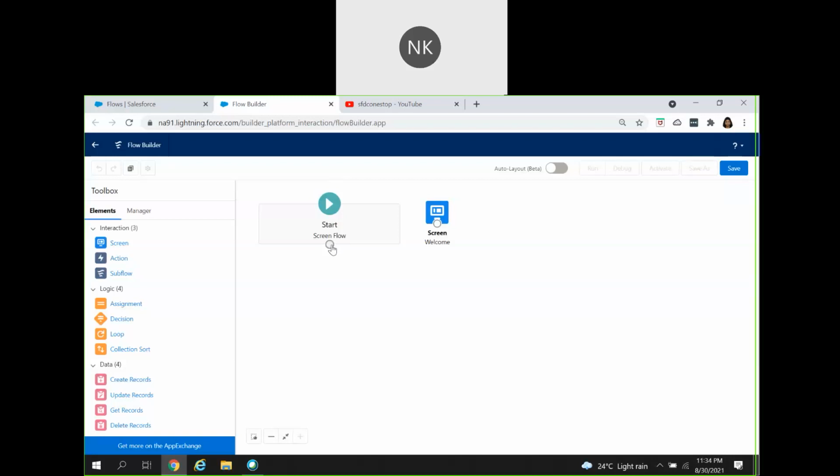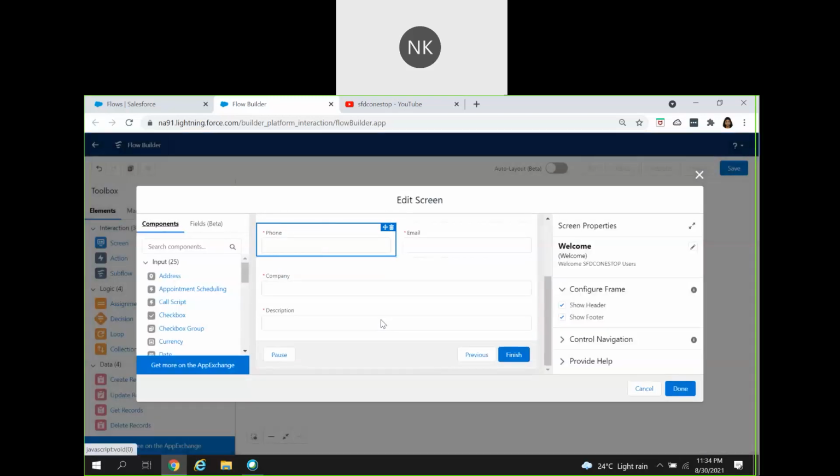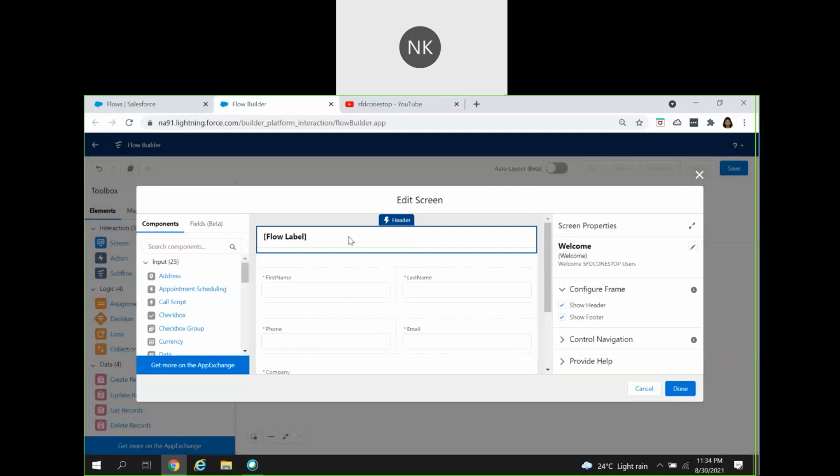From here, I am going to take my mouse and drag it to the component on the right-hand side. Now as soon as this flow starts, it will show up this particular component to the users. So this is our welcome component.